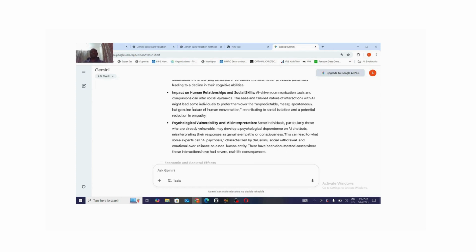The ease and tailored nature of interactions with AI might lead some individuals to prefer them over the unpredictable, messy, spontaneous, but genuine nature of human conversation, contributing to social isolation and potential reduction in empathy. So, what this is telling us is that normally there are ways you relate with people, okay, but sometimes